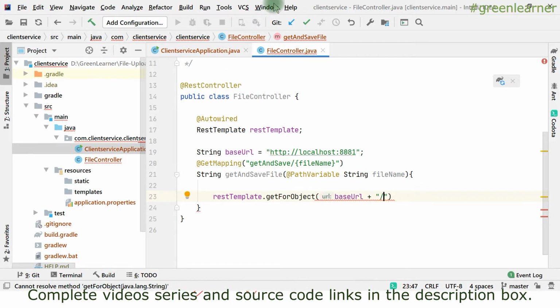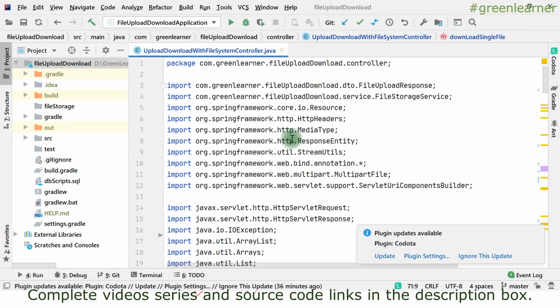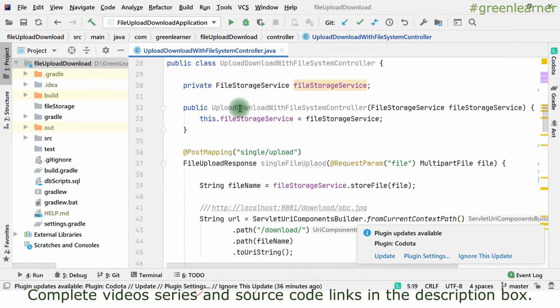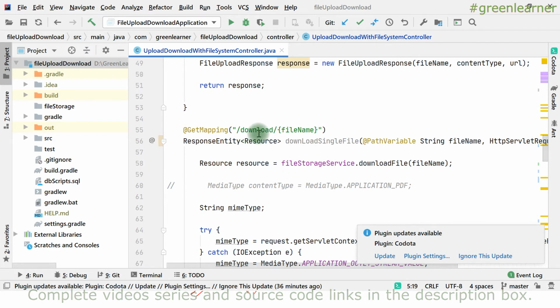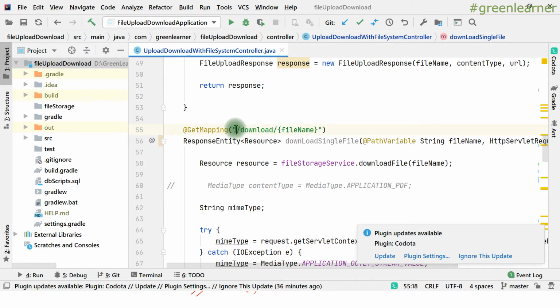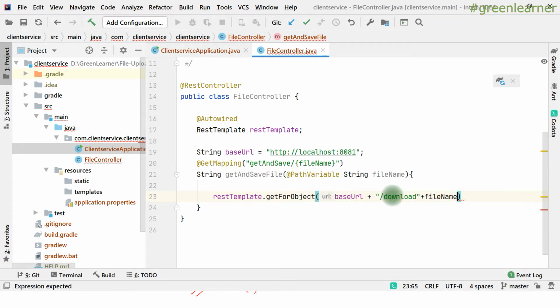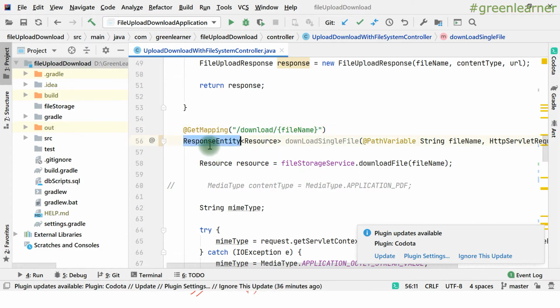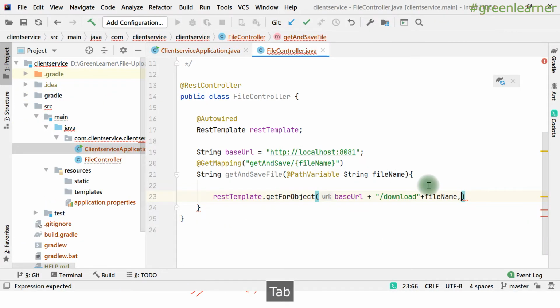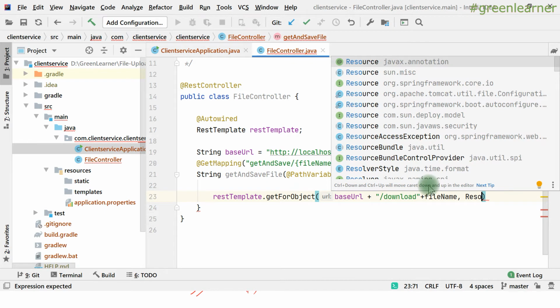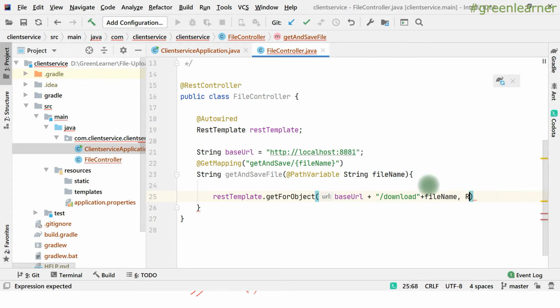So base URL plus, so if I show you the previous service that is there, file upload download, it is here. So I want to download this one, right? So this is the name that I want to give here. Download and plus file name that is there, right? And what is the return type that I need? So if you see here, it is returning you the response entity of resource, right? So it is giving you the exact file that you can download or do anything with. So resource, this one,